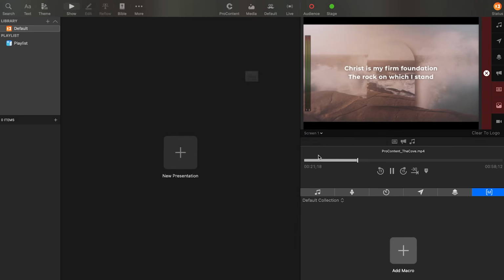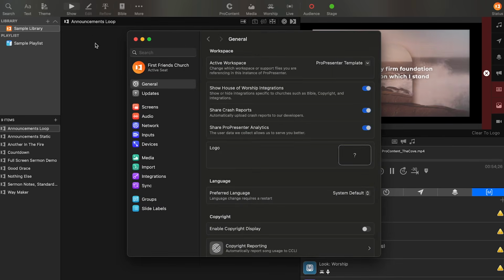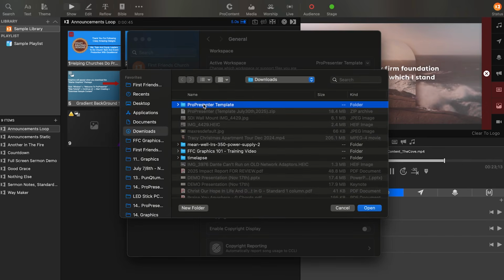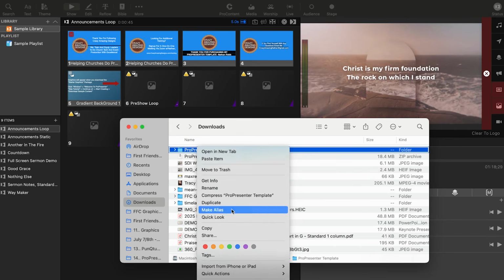ProPresenter template, and we'll hit create. So now allow it, and it's going to import the template. Now it is going to import the template, but the template's going to be stored in the file location where we imported it from. So if I go to import legacy again, I see here that I imported the ProPresenter template from my downloads folder. I would highly recommend moving this folder somewhere else on your computer. You could throw this ProPresenter template folder in your documents folder, or you could go all the way and copy